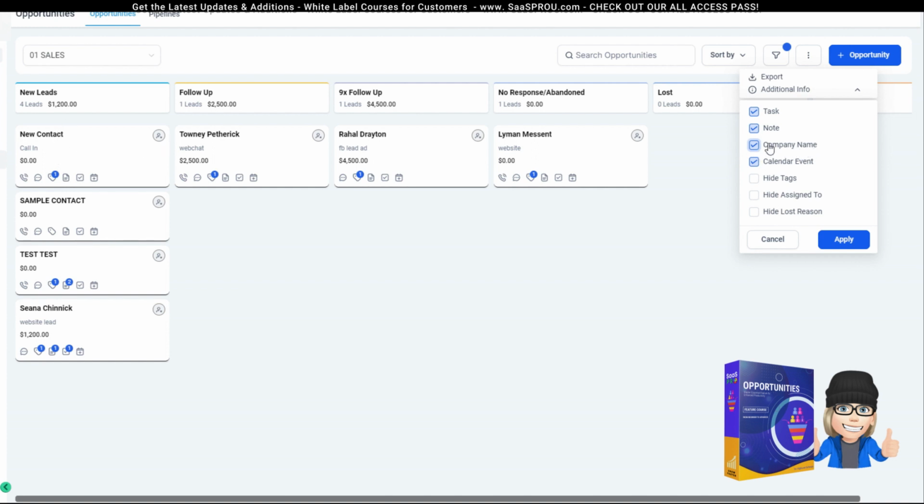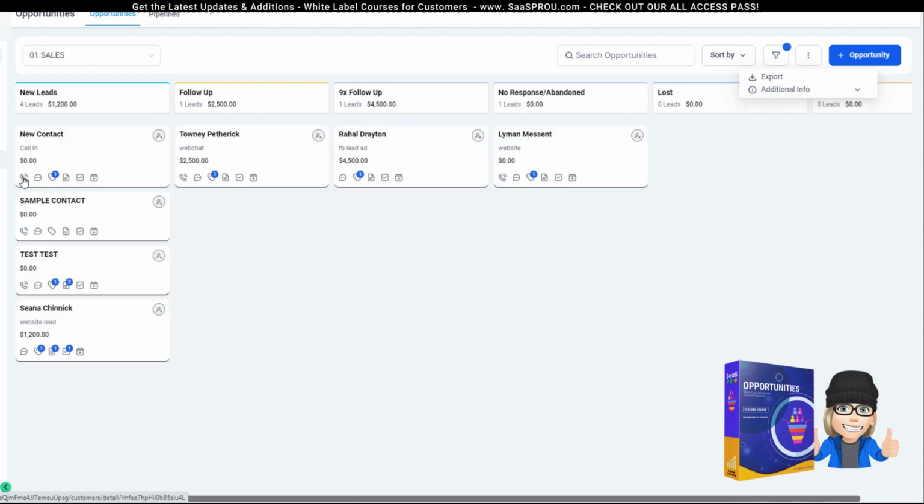So if you're working with B2B and you want to have that company name in there, definitely check that. You only want to make sure that you can see your task notes and calendar events. And then once you hit apply, you'll see these icons right here. Now that you've set up the dashboard exactly the way you want it, now we want to get into the